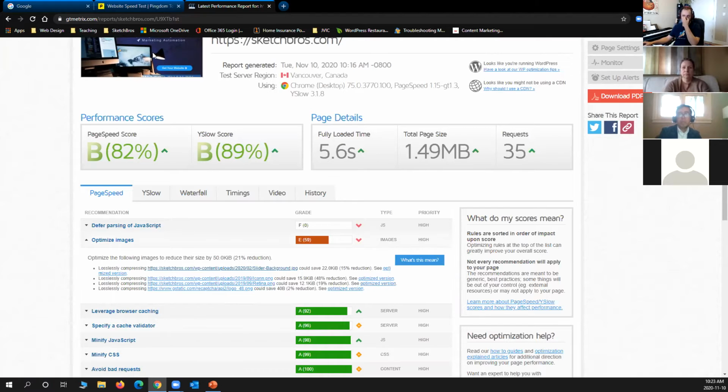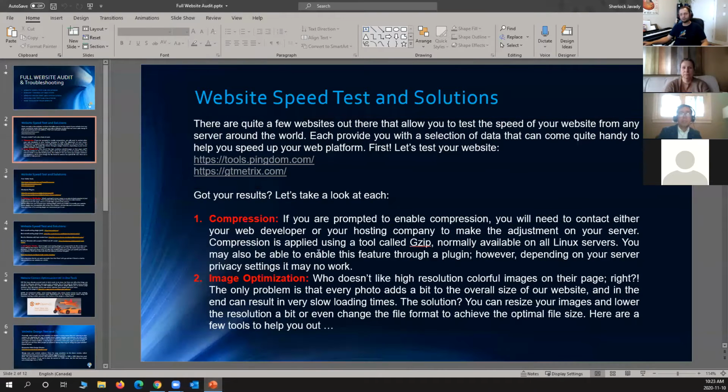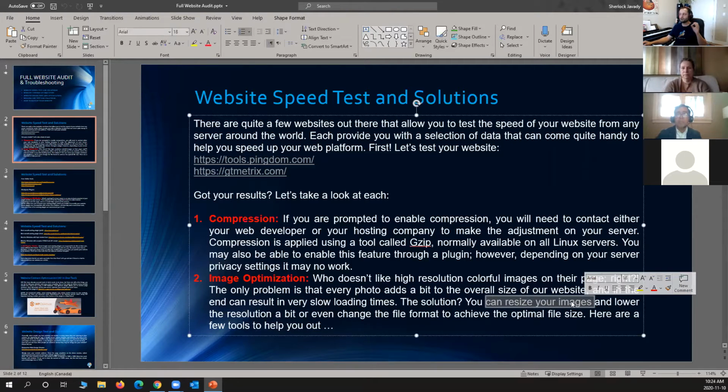So there are two things that we can do. Number one, obviously, when you're creating the images, create smaller images. Create images of slightly lower quality. If you have used Photoshop, when you're saving an image, let's say in JPG format, it allows you to select the quality, render quality. Or even when you want to save it as PNG, it asks you, do you want a smaller file size but lower quality, or higher file size and higher quality? So number one, whatever software you're using, make sure that you resize your images to the size that you need.